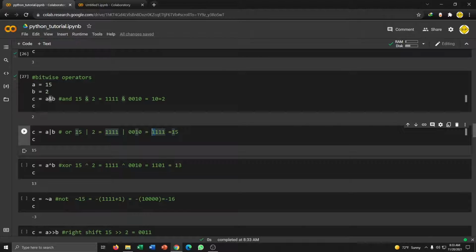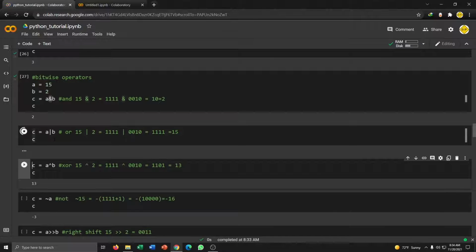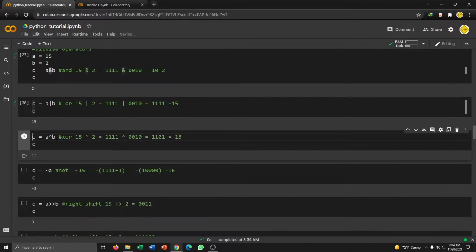So it will give the output of binary bit 0 only when both A and B are 0. But here all are 1, so it will just give the output 15. Run this, you'll get 15. Then after that,